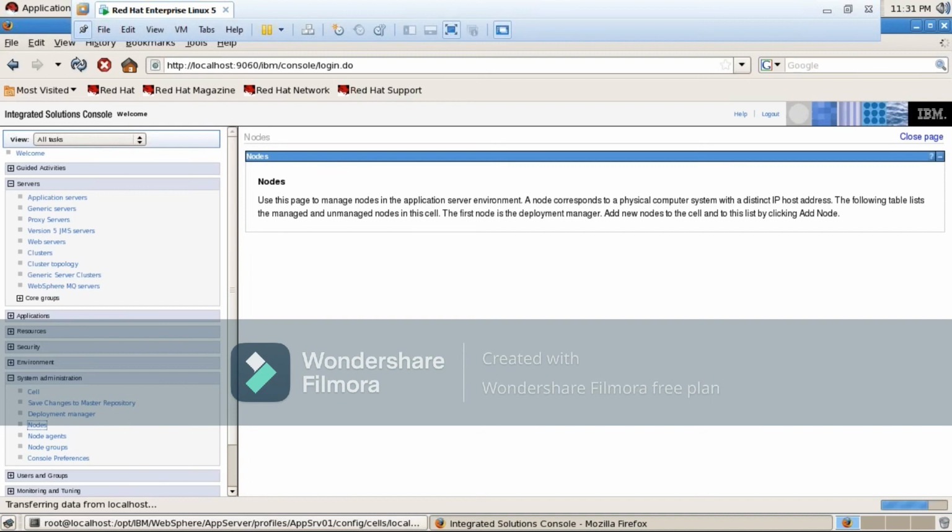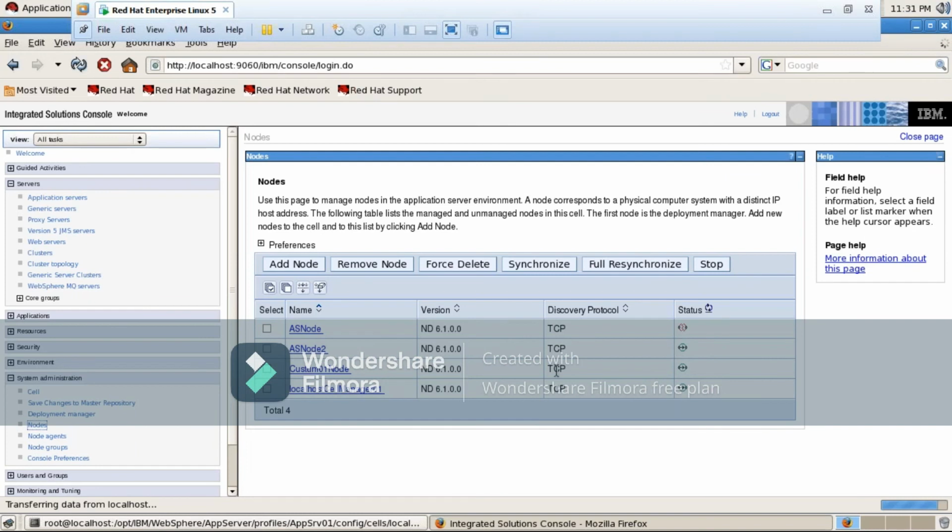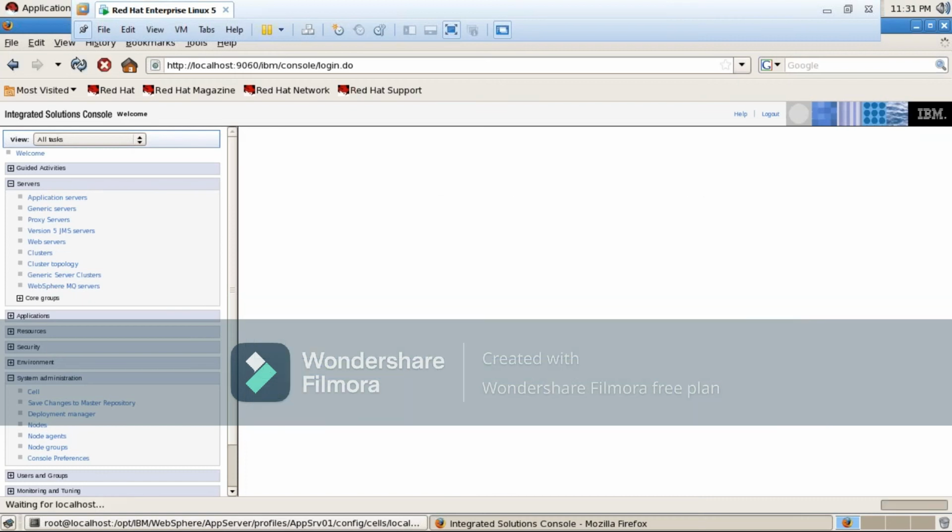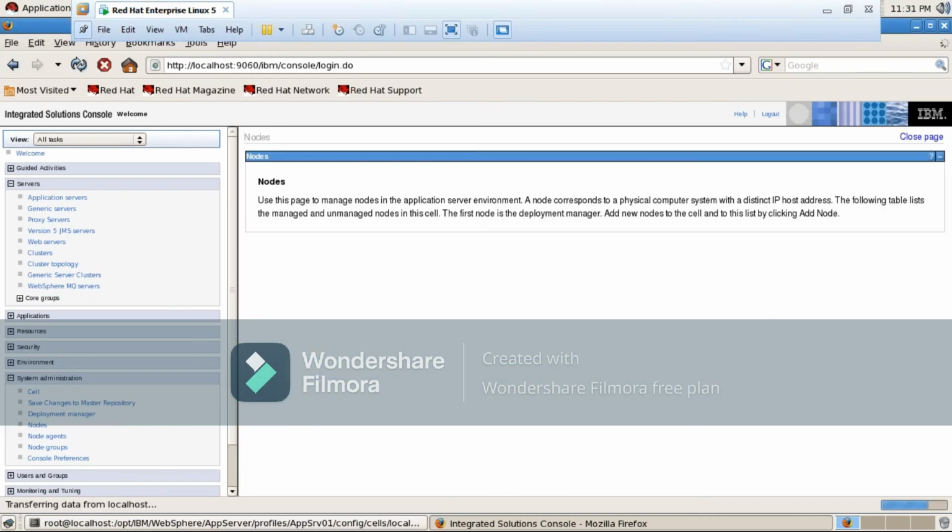This synchronization will happen for sure, but the time interval will be, I think, 15 seconds or something. See, now everything is fine, right? Synchronization is done. So this is how the console is going to look.